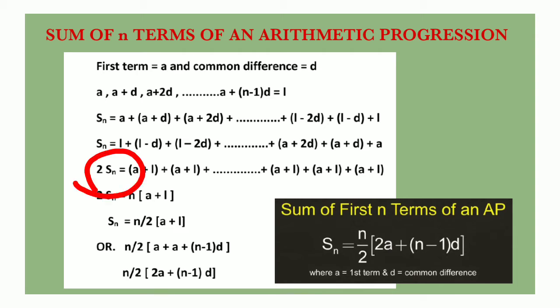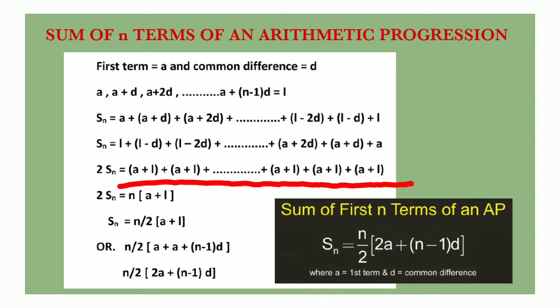Add these two Sn, so you get 2Sn is equal to, here the first term a, then here the first term l, so a plus l in the first bracket, plus, then again the second two brackets, here plus d and minus d. Cut that plus d and minus d, you will get a plus l. Again you will get a plus l, etc. You can continue this way, every time you get a plus l. Okay, so a plus l plus a plus l plus etc., plus a plus l, all are a plus l.